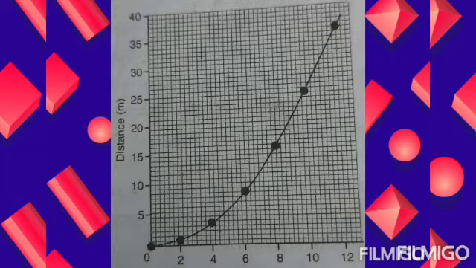Now look at this graph, you will get a curved graph. Why will you get a curved graph? Because this is non-uniform motion. Non-uniform motion means unequal distance in equal intervals of time. Okay, so we have learned the distance time graph, uniform motion as well as non-uniform motion. What difference have you found? In uniform motion you get a straight line graph, in non-uniform motion you get a curved graph. What is the reason? The distance is different, that's the reason.